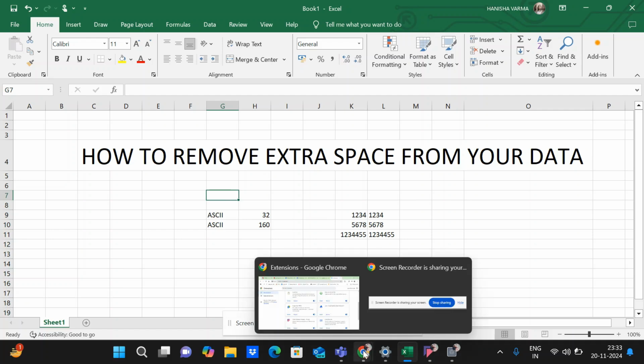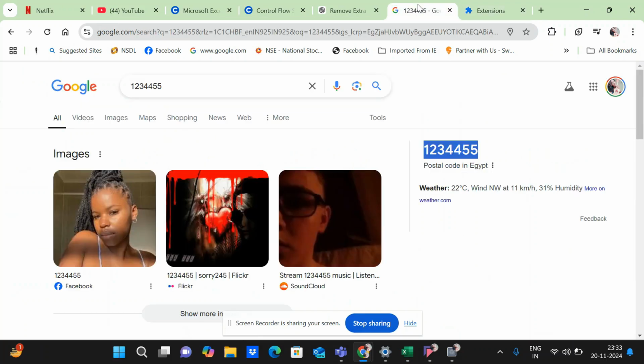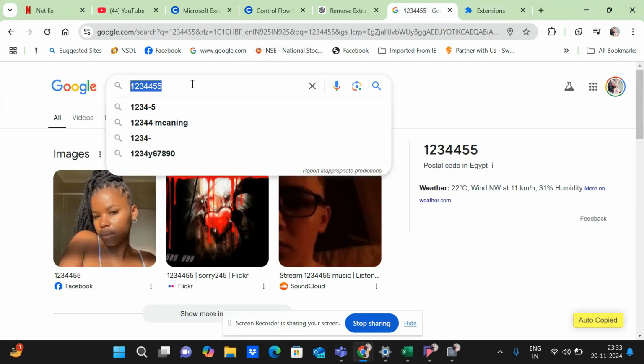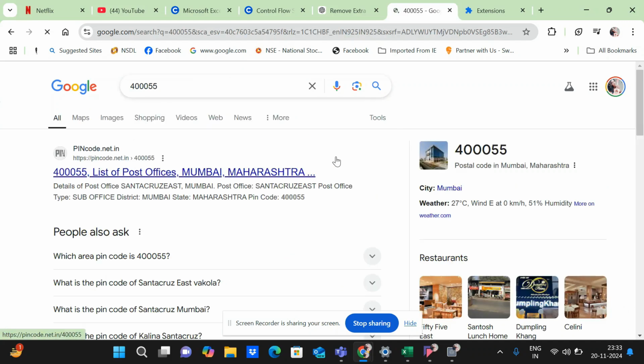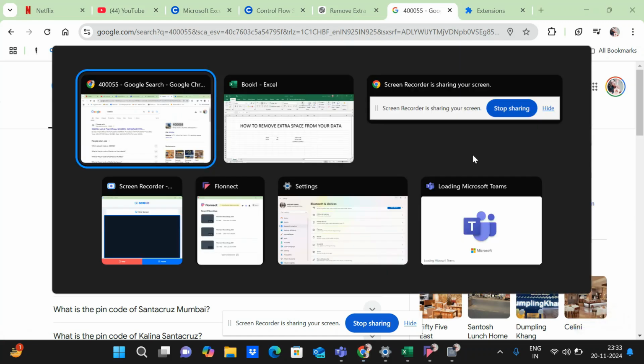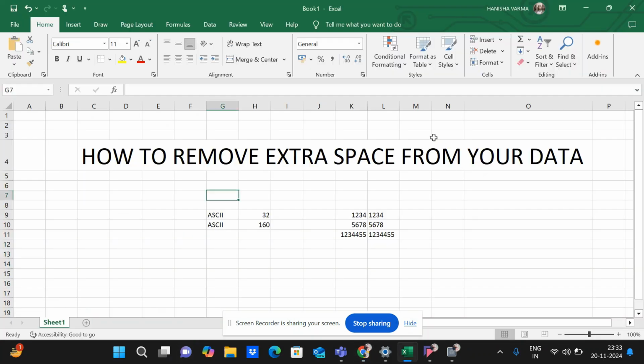For example, if you have copied some data from Google, if I'm capturing this number, for example, 40005 is my pin code. I'm just working on this pin code list and you are taking some data. So I've copied this formula, I've copied this number over here, and I'm pasting it in my Excel. So what happened when I'm putting any data from the internet or PDF, it basically captures the spaces,